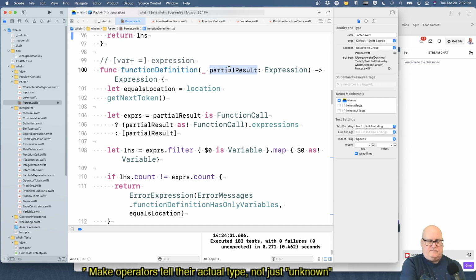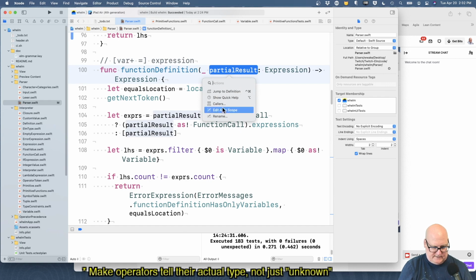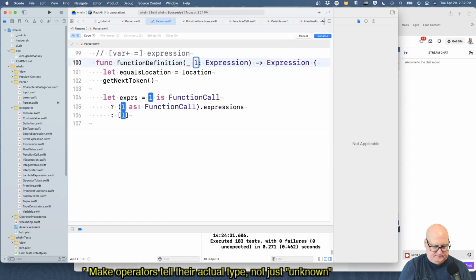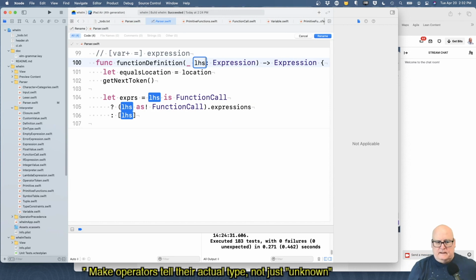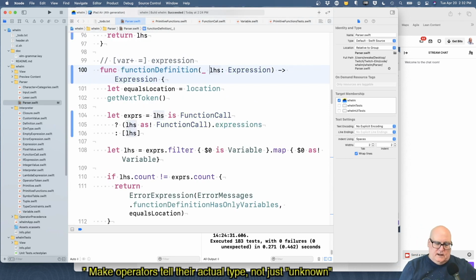But how would it be a function call? Yeah, it would be a function call if it parsed out as 1. Okay, because it could be 3. It could be function equals constant. It could be a constant definition. Function equals 3. Okay. Sort of a function of no arguments. We would say, oh, that's just an expression. Let's return that. So again, I'm going to say left-hand side again. Okay. And yeah, that should be